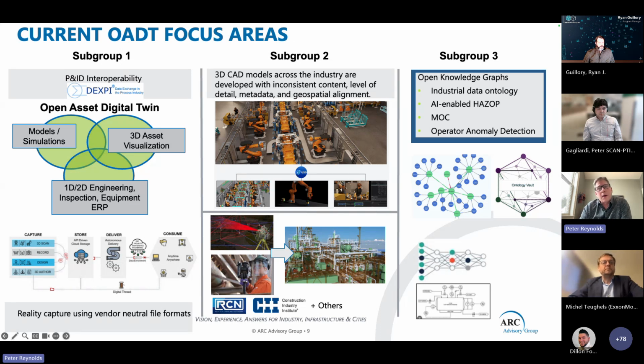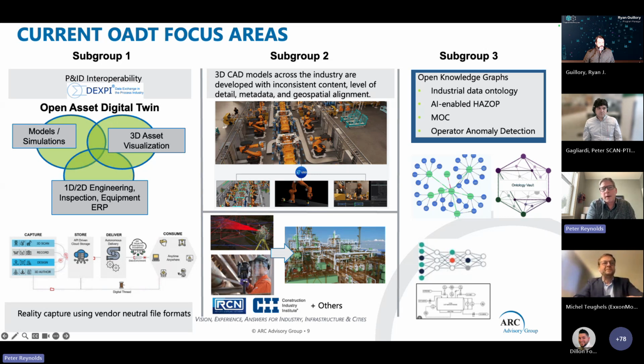The final working group is around open knowledge graphs, which is really important for AI. The theme of this webinar today is around becoming more plug and play in terms of AI. AI is certainly a very important initiative for most companies, and there's a lot of investment in that area. So what the industry does not want is another monolithic platform that's unsustainable for AI.